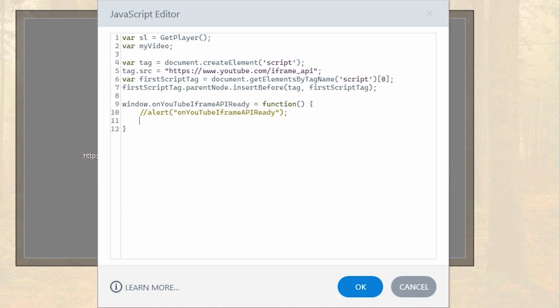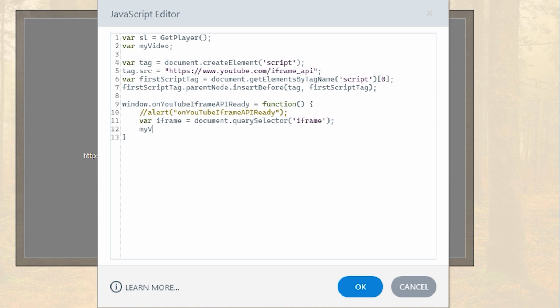I'm now going to use a query selector in order to get the video object on the slide in order to assign this to the myVideo variable. Type var iframe equals document.querySelector and then 'iframe' within the parentheses and single quotes and a semicolon to finish.